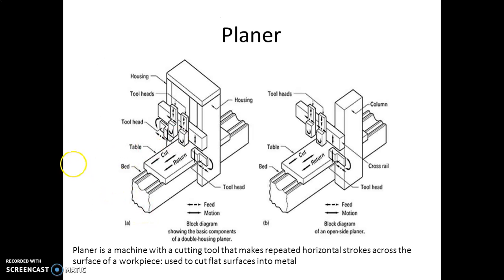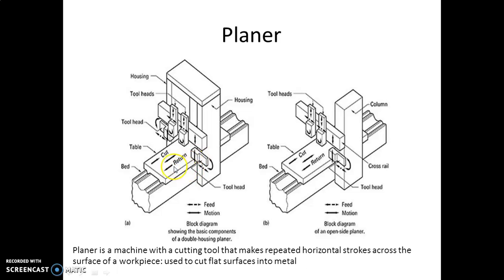The bed of the planer machine. The bed is a large, heavy casting strengthened with cross ribs to provide a stiff, heavy support for the heavy machine. Very large beds consist of two or more castings carefully machined and bolted together. The length of the bed is about twice the length of the table. The bed provides the ways for the table to run on. It also houses the drive mechanism for the table.